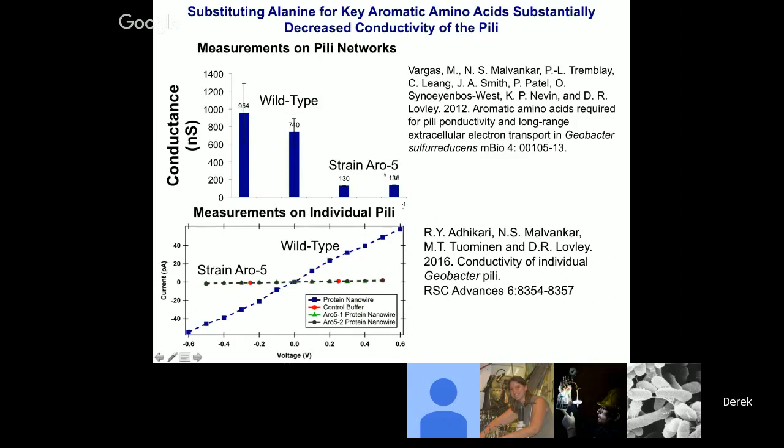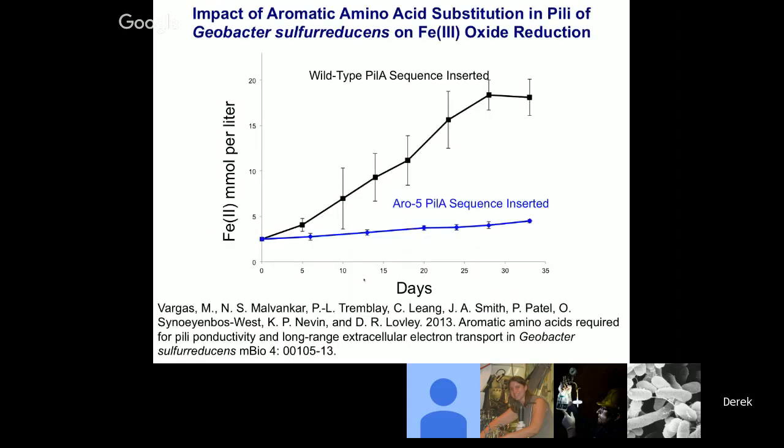And this was shown first in analysis of networks, and then as we became able to measure the single filaments, this is also evident in individual pili as well. So these aromatic amino acids are responsible for much of the electron transport through the pili. And this has a dramatic impact on extracellular electron transfer. For example, here the Aero5 strain is shown to be unable to effectively reduce iron oxide when compared to the